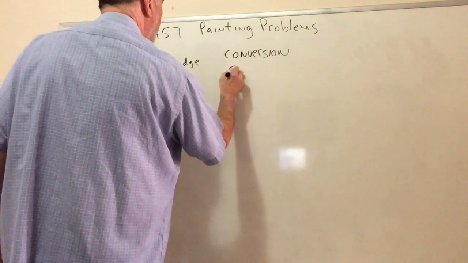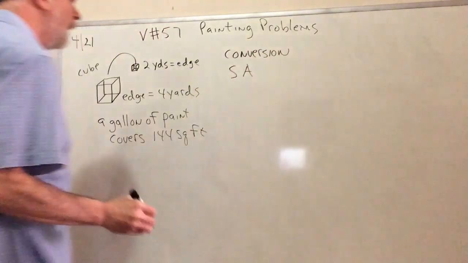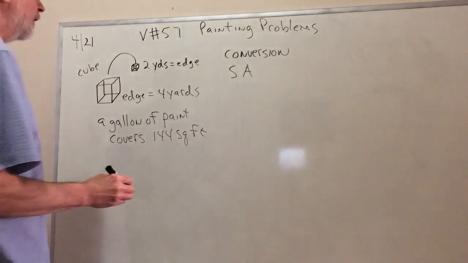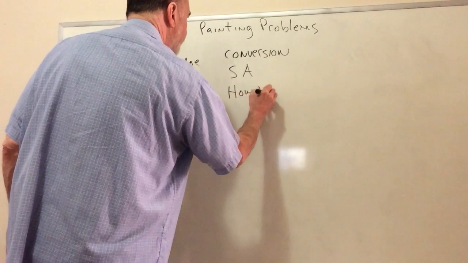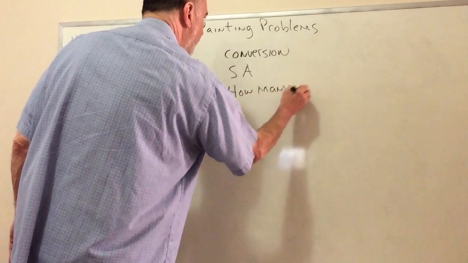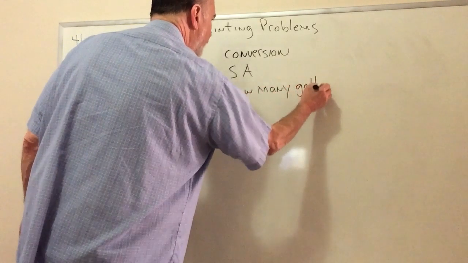Then you have to figure out the surface area. And finally, you'll have to figure out how many gallons of paint you're going to need. How many gallons. So let's just talk about it briefly. There is this object